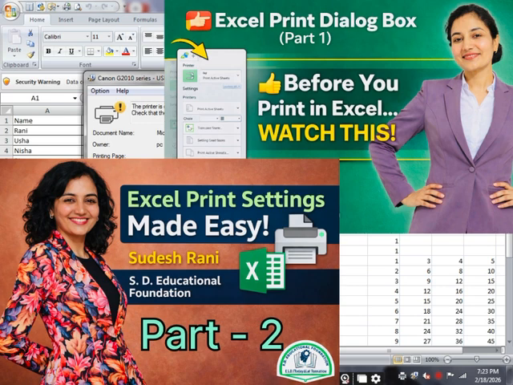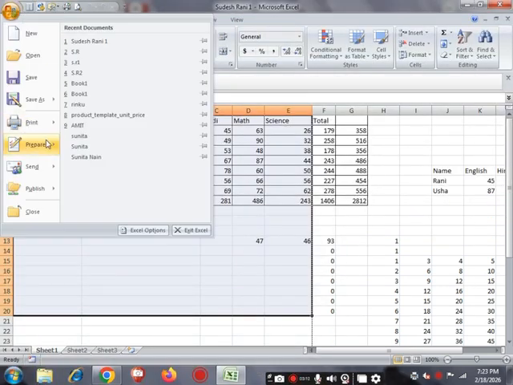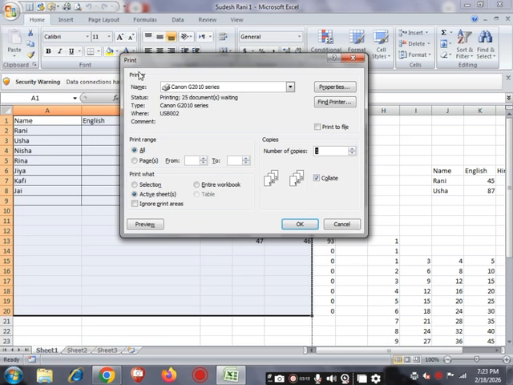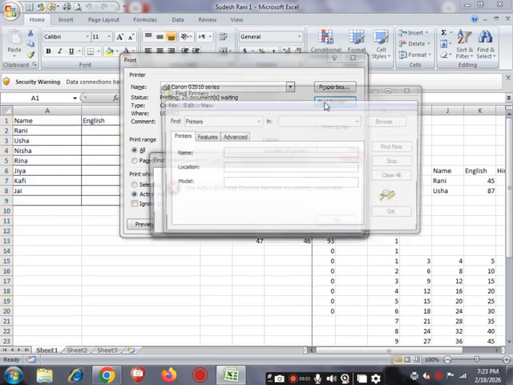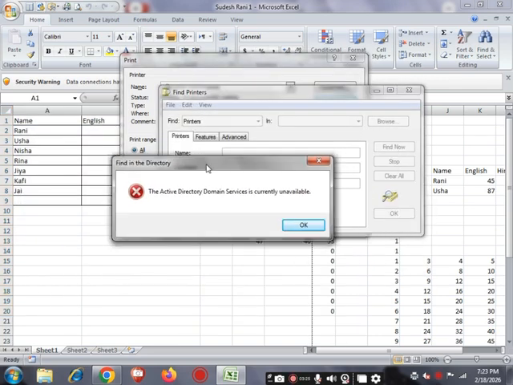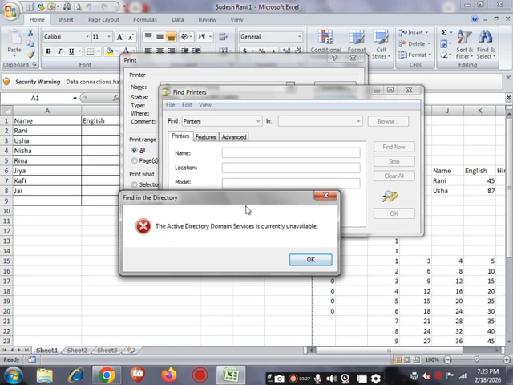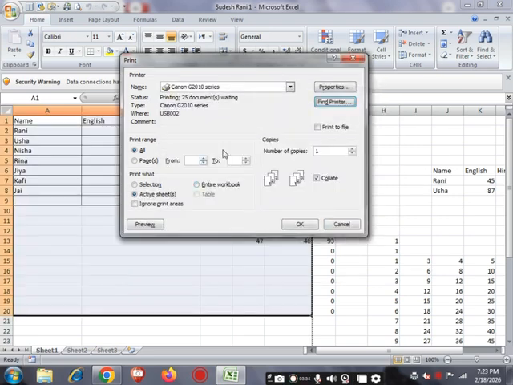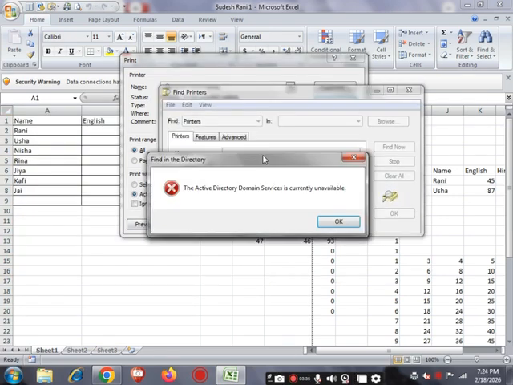The next option is this dialog box. We have understood every option properly, as we have discussed them in depth. See this find printer option, we have discussed it, and I have explained why we cannot use this option: at this time domain services is currently unavailable, so we cannot use these options, name, location and model.